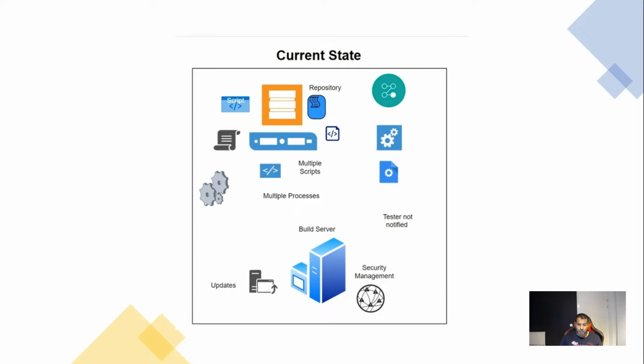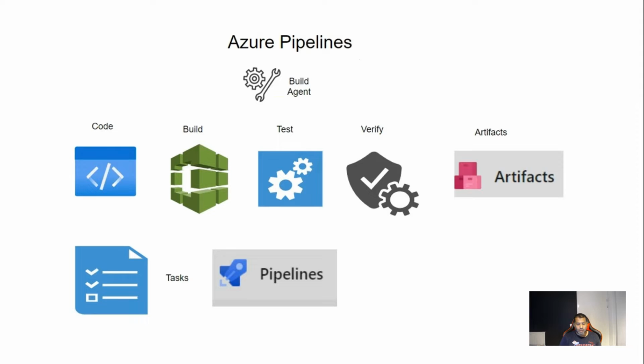So in the current state, we see there are multiple challenges for the operations team, the testing team, the development team, and also the SMEs. Now we are going to have a look at how Azure Pipelines is going to help us in this scenario. The first thing, for the SMEs: we see the tasks are not organized and they get multiple processes defined. To prioritize the tasks, you can always use Azure Boards to create a backlog of the issues with